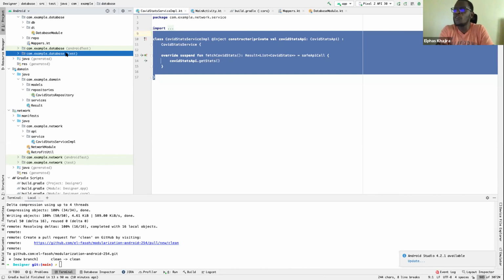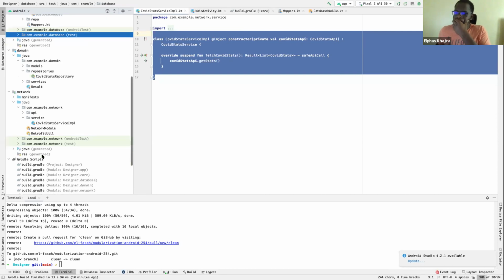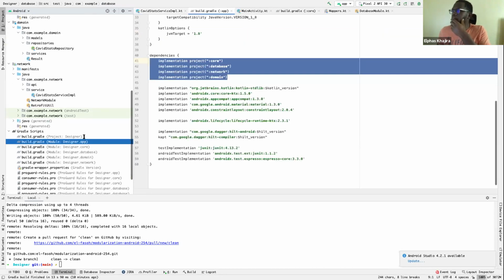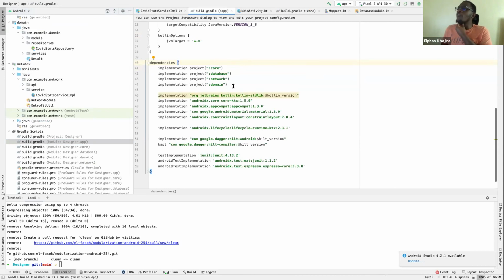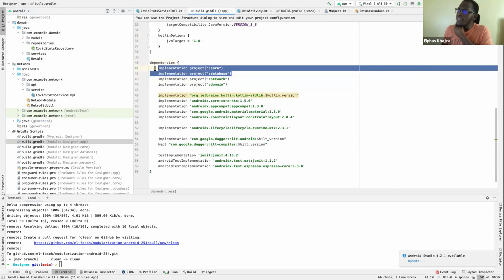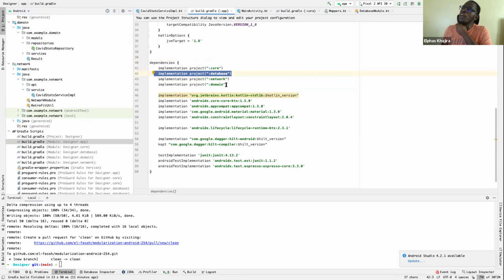Because for the database to be able to know where to get resources about domain, they have to be installed in the app module.